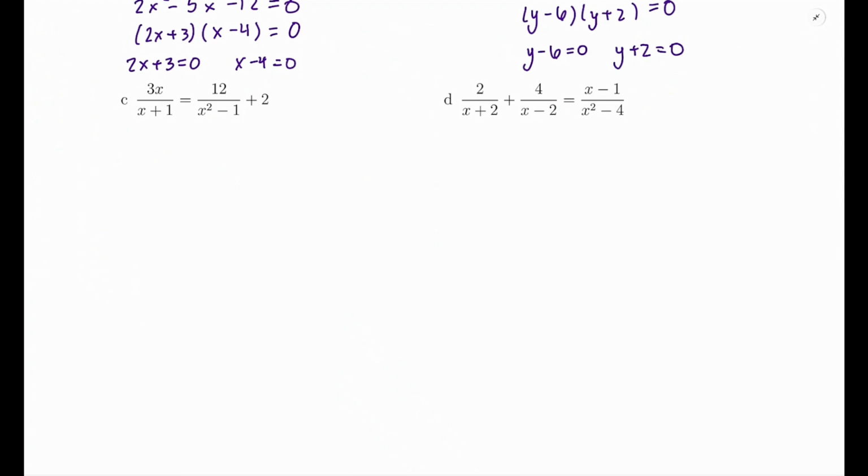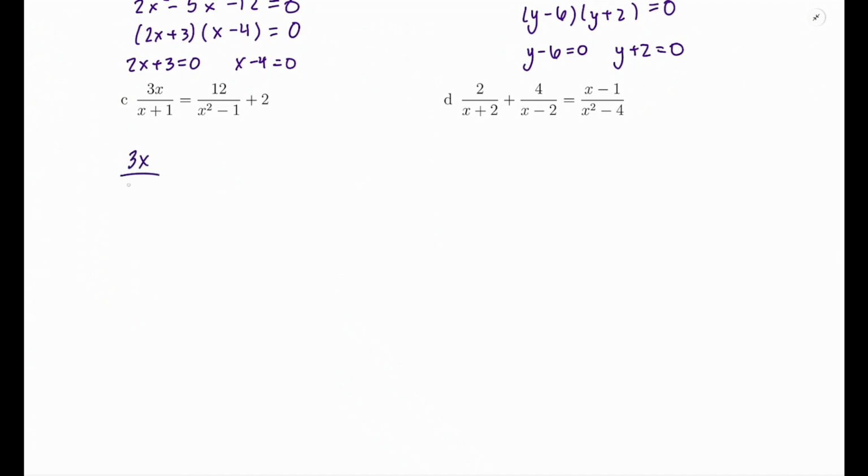Hello, we're back with section 7.4. So part C, we have 3x over x plus 1 equals 12 over x squared minus 1 plus 2. Now, before I can find the LCD here, I do need to factor one of my denominators. So this does become